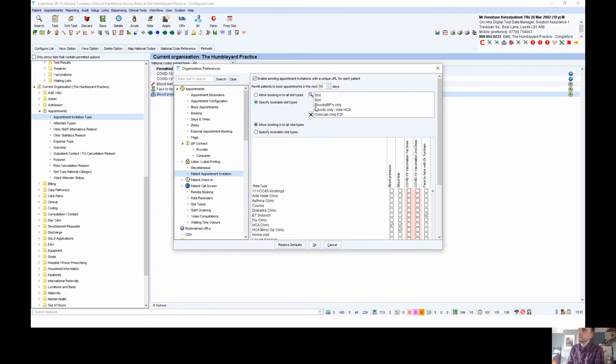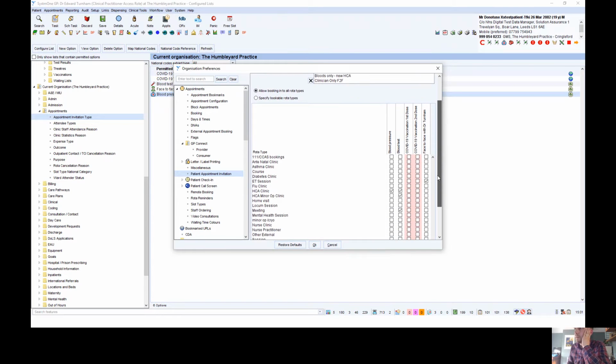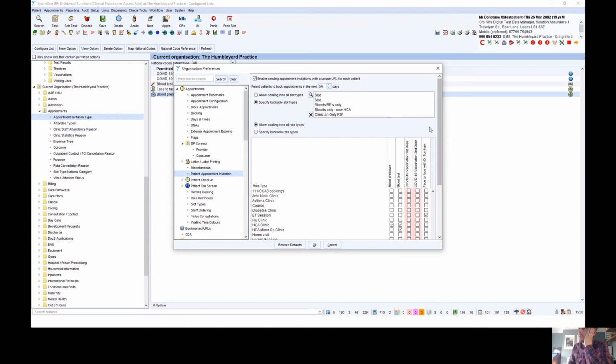And at the top here, you can configure what slots can be used for patient appointment invitations. Now the drawback here at the moment, with the way it's set up, is that while you can configure which slots are permissible, these apply to all patient appointment invitation types. So for instance, if I were to want to have one patient appointment invitation type which is face-to-face with Dr. Turnham and another which is phone appointment with Dr. Turnham, if I were to have those both in the same rota type, that wouldn't work very well, because anyone